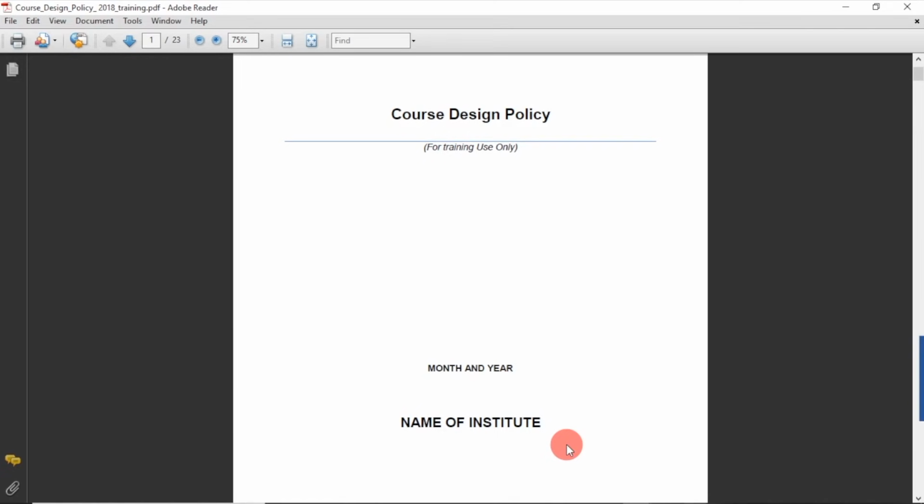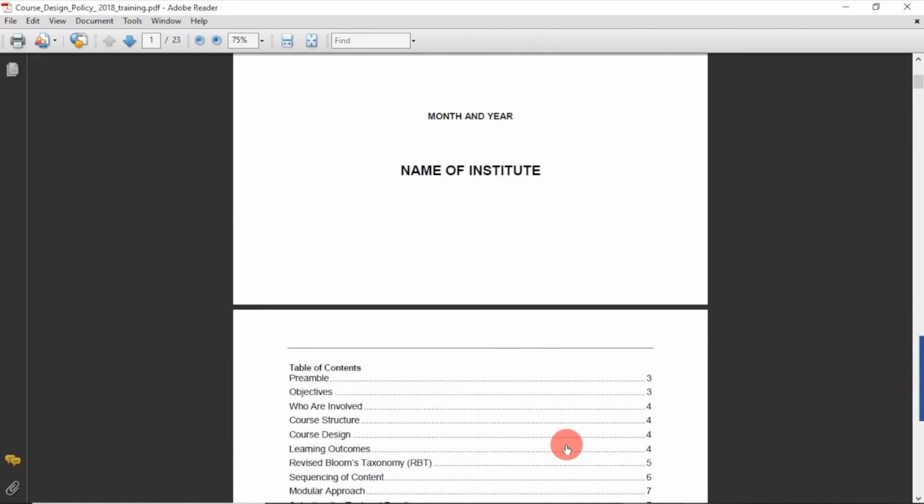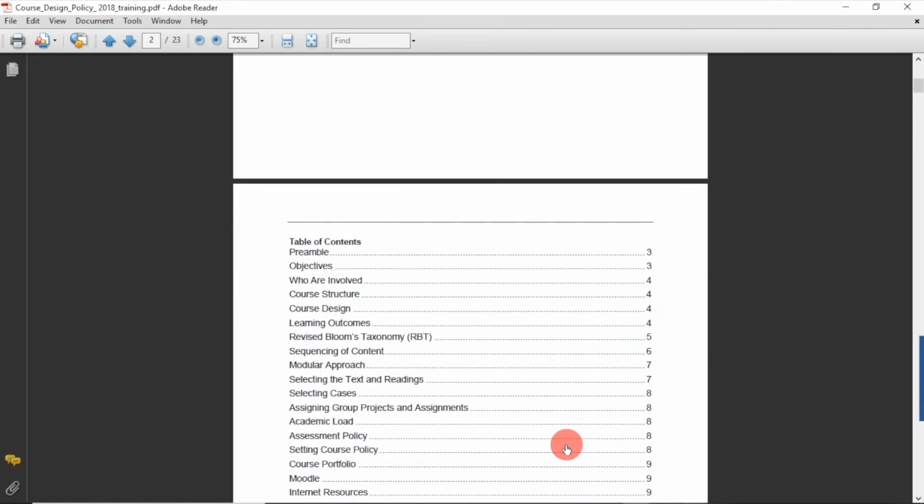Once this document is prepared and discussed among the board of studies at the university or in the faculty council of the institution where the course is to be implemented, then this document has to act like a Bible for you, and you will not deviate from this document for developing the curriculum. So let's go ahead, and you will see that this is a very scientifically and systematically developed document.